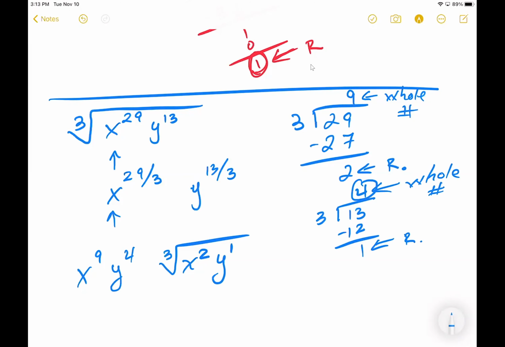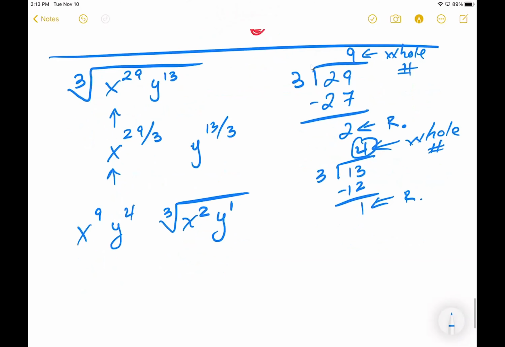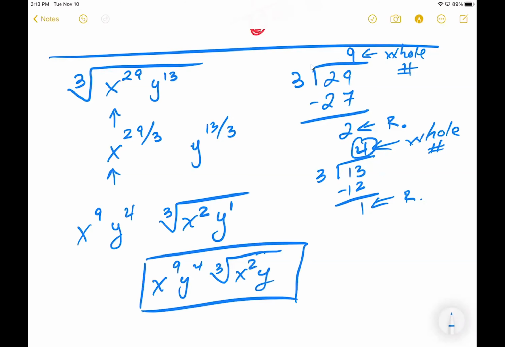So in terms of what we have here, we have x to the 9th power, y to the 4th power, and there is a cube root of x to the 2nd and y. So again, that is what you have. And one thing is you might say, Mr. Tran, I typed this into my calculator, I typed this thing in my calculator and my calculator gives me